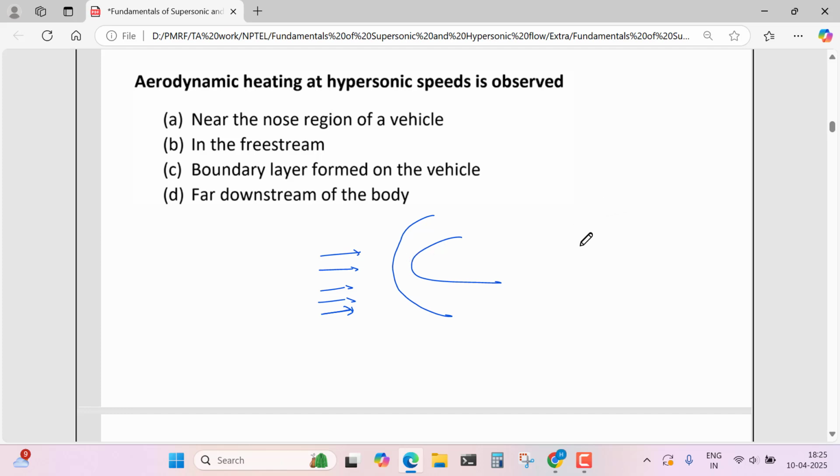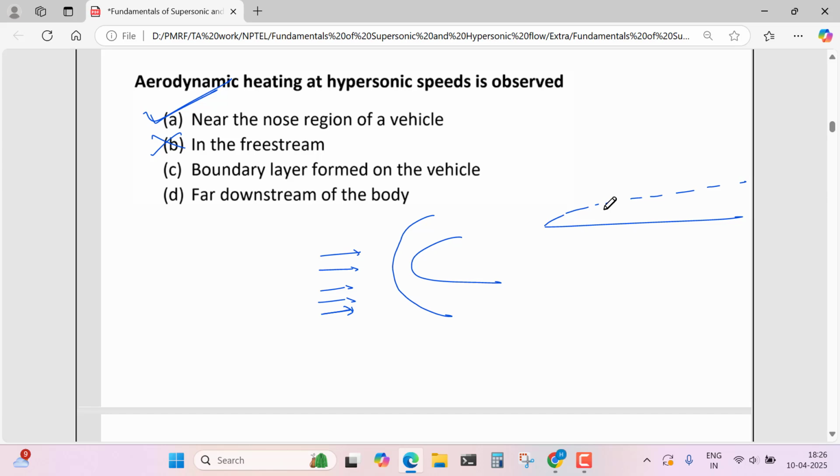Now if you see the free stream, in the free stream there is no aerodynamic heating. So near the nose of the vehicle there will be aerodynamic heating, but not in the free stream. If you see the boundary layer, what happens at the boundary layer? At the boundary layer, the flow velocity,